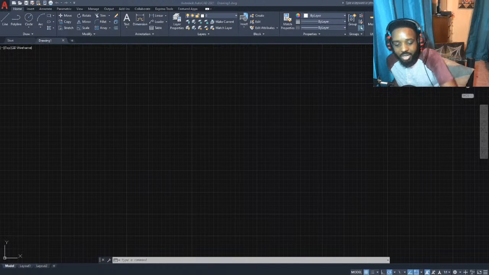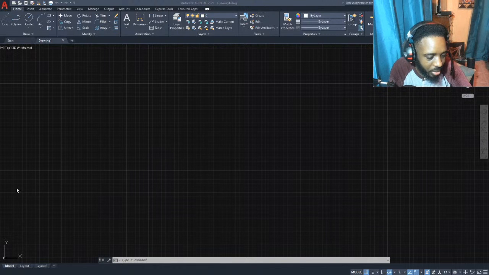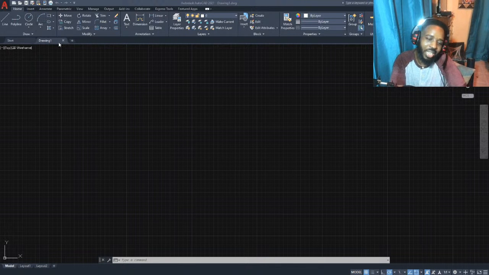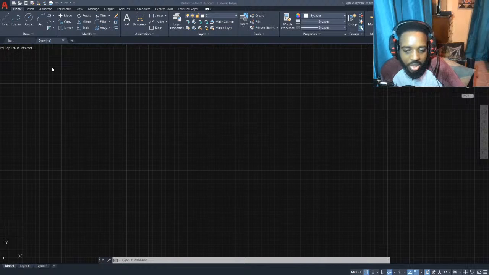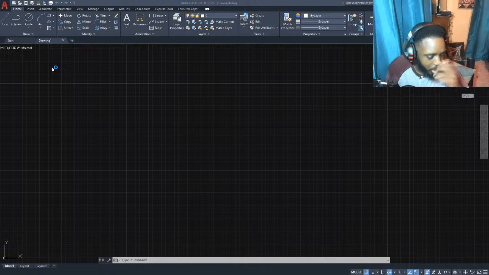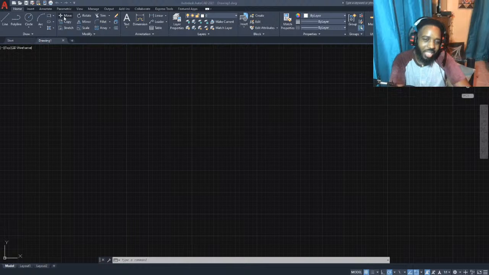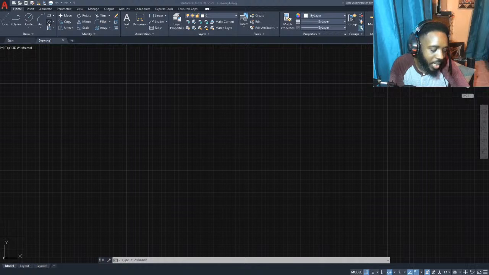But for the wine glass, there's actually an easier way to do it. Let me show you. For the wine glass, you had an ellipse, right? The way I did it is, I do the tangency videos as if they're being done manually, like on paper, because I want students to grasp the concept. But it's AutoCAD, and there are a lot of things that can make your drawings easier.